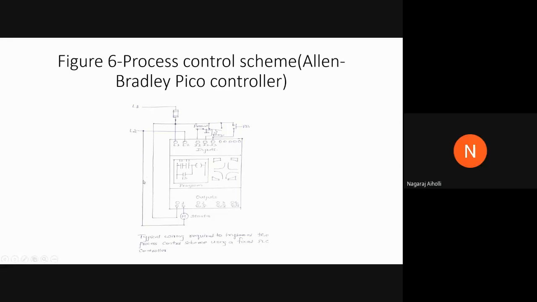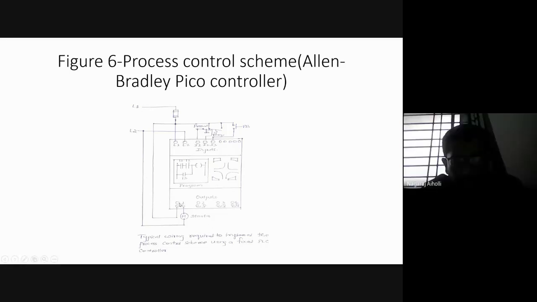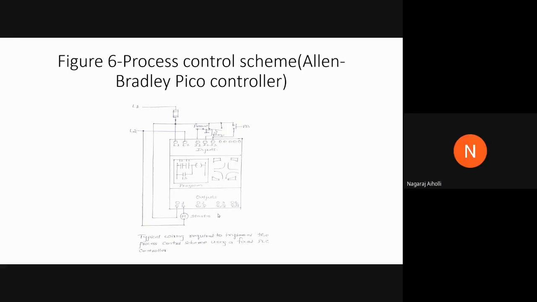Then this is the output, the output terminals O1, O2, O3, and O4. Now, if you look into this particular figure, how many inputs are there? 1, 2, 3, 4, 5, 6, 7, 8. There are 8 input terminals. How many output terminals are there, students? There are 4 output terminals: O1, O2, O3, and O4.